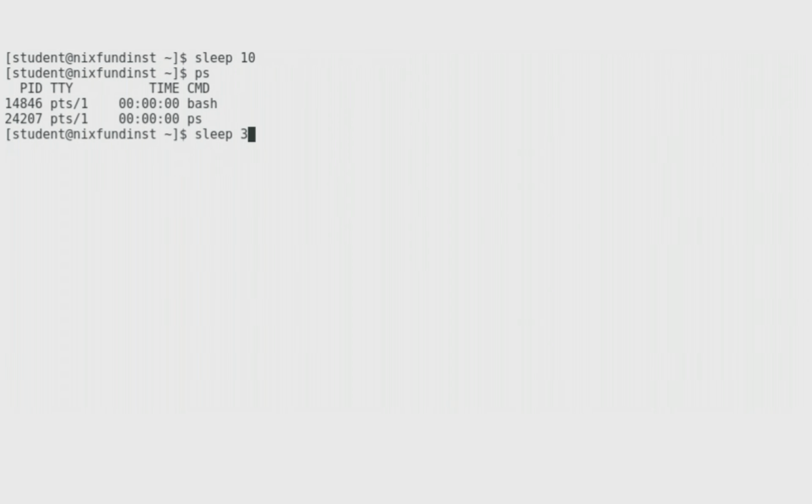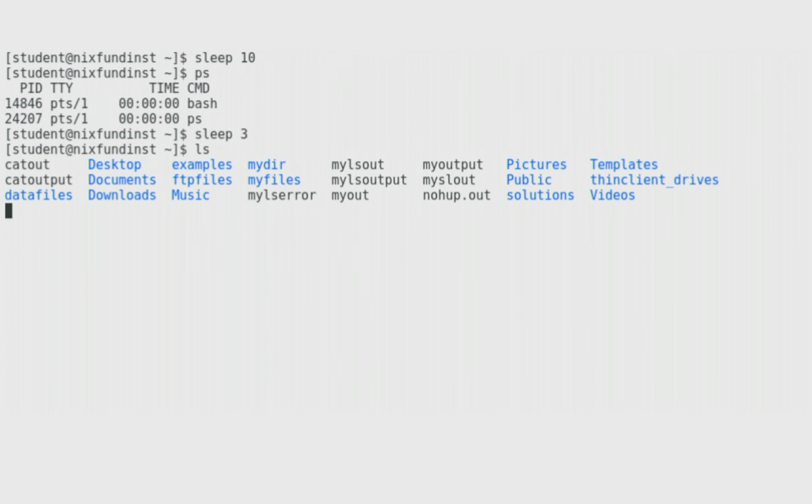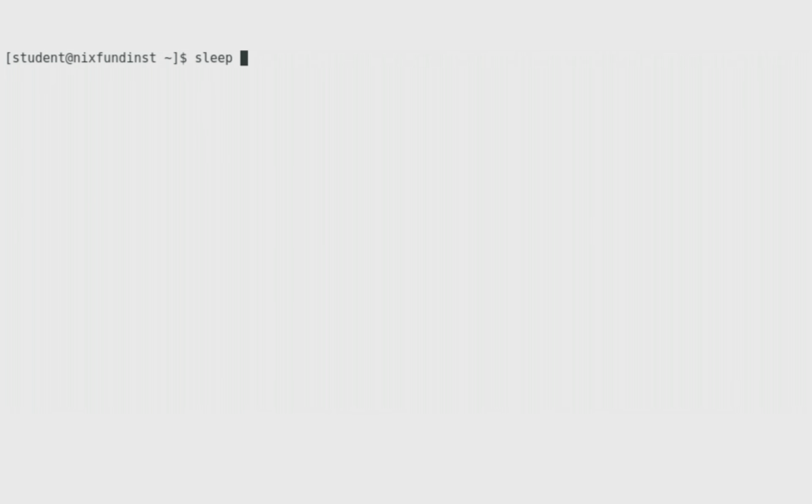So what you're seeing here when we run sleep is that now, if you try and type another command, let me sleep it a little longer, so sleep 5, if you try and type another command, it doesn't